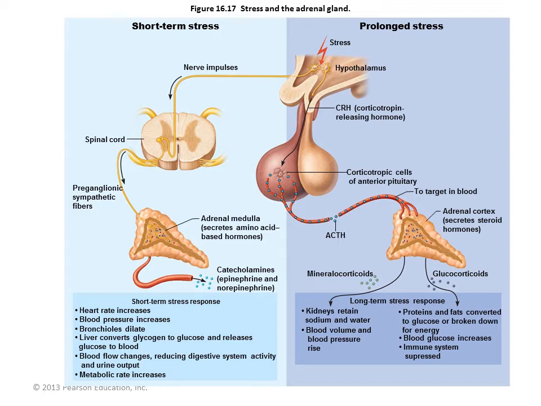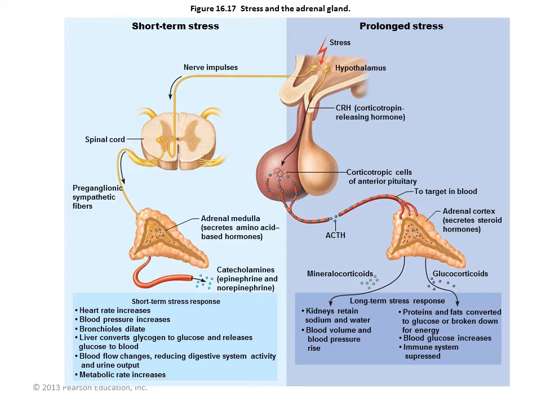So short-term and long-term effects are a little bit different. However, in the end, your metabolism is way up to try to deal with this stress. As you see, prolonged stress can really break down your body, such as breaking down all the energy storage of the fat, and also your